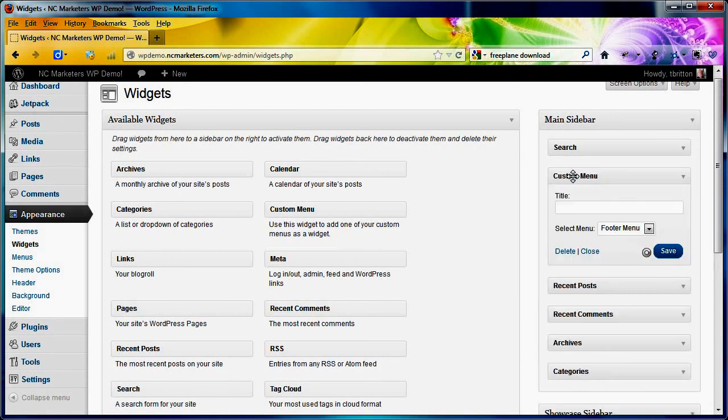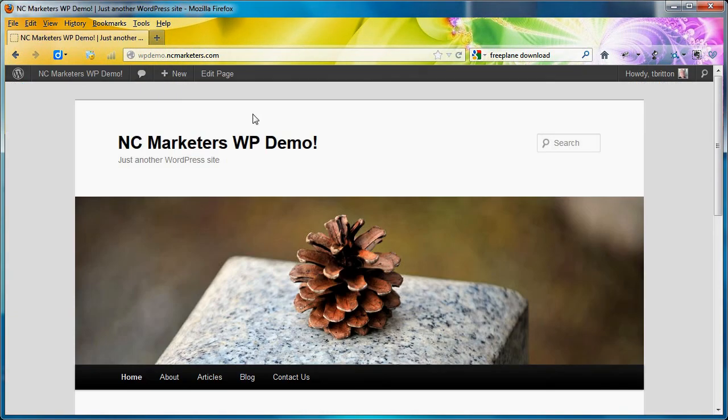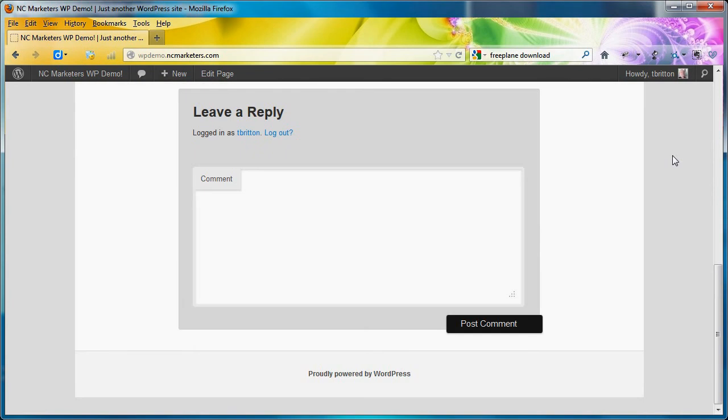And I'm going to put in a new one, a custom menu, underneath the search. Here we go. And I'm going to select from the menus that we made, sidebar menu. Okay. And we'll call it articles. And hit save. Okay, so what happened on the site is we've now got, or now will have, I should say,